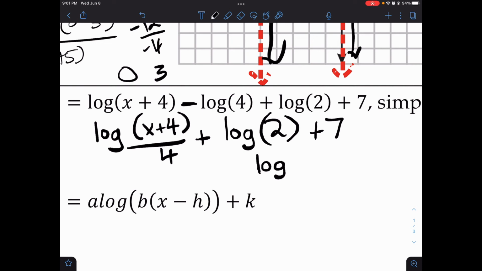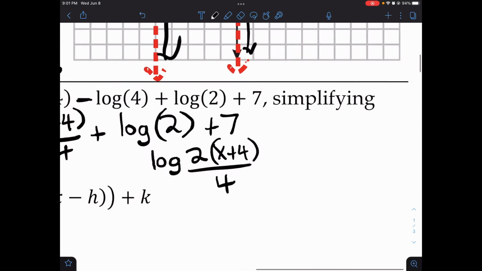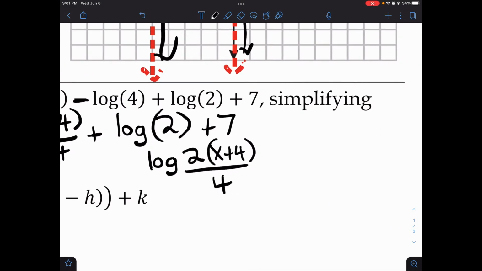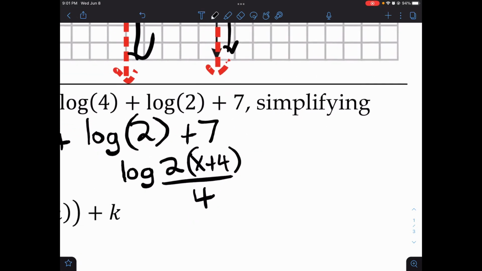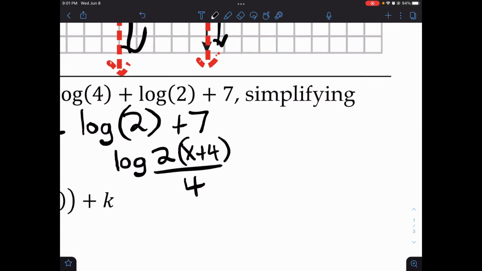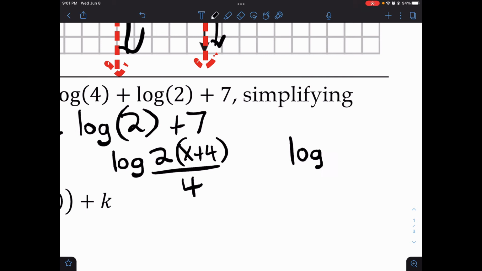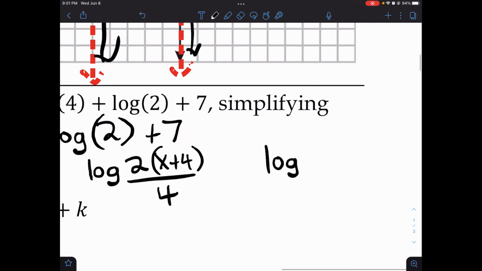So right here, you get x plus 4 times 2 over 4. So we can simplify that and make it log base 10 of x plus 4 over 2